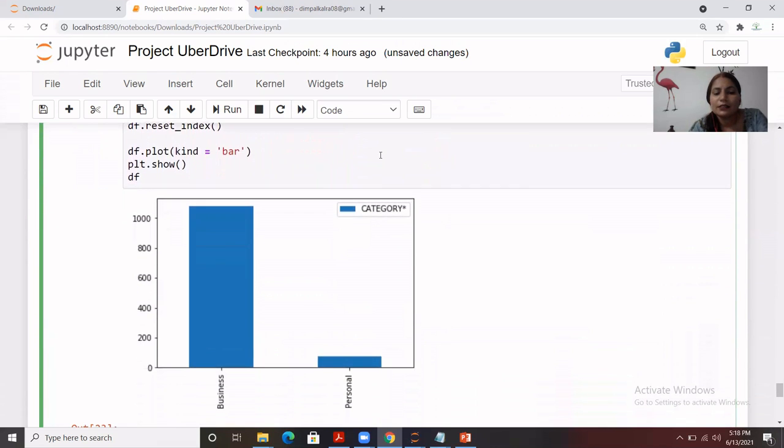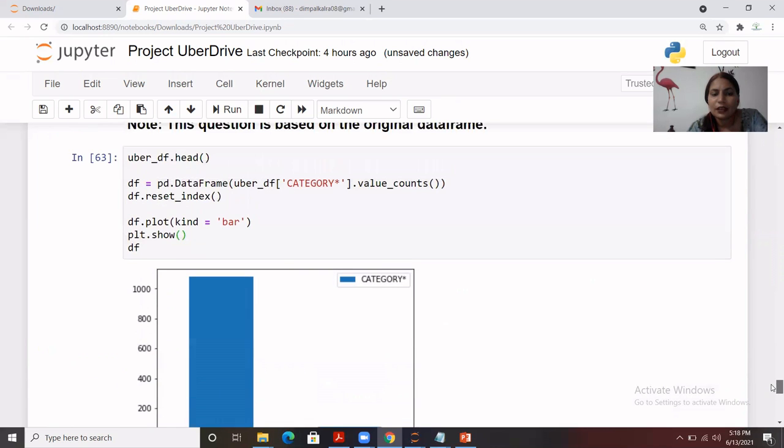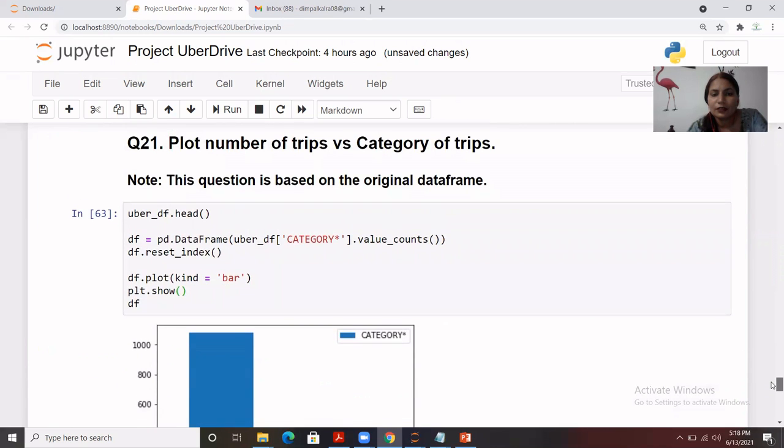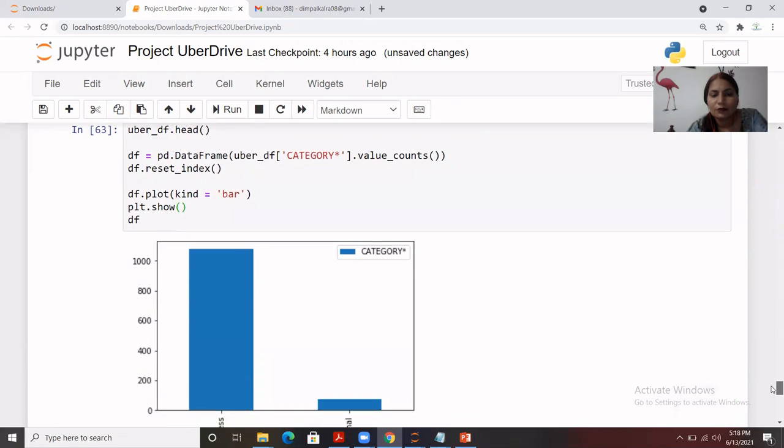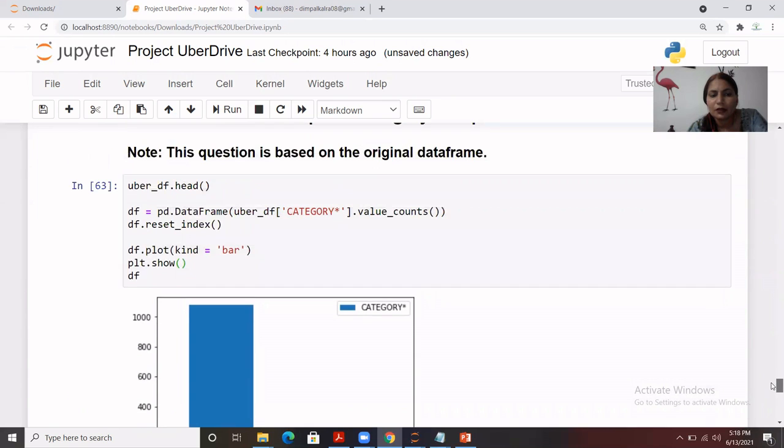So here it is. Right, there are two purposes, business and personal. We have two unique records under category, and this is the output for that part.